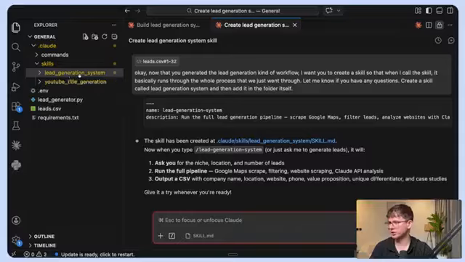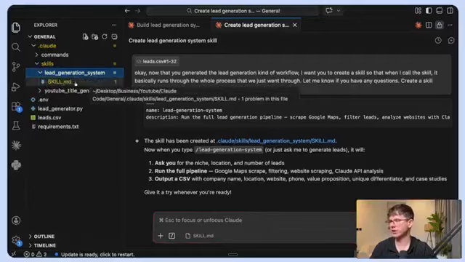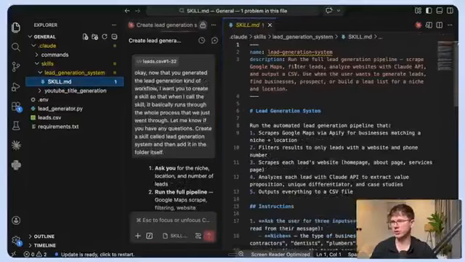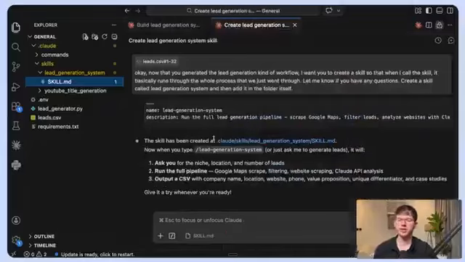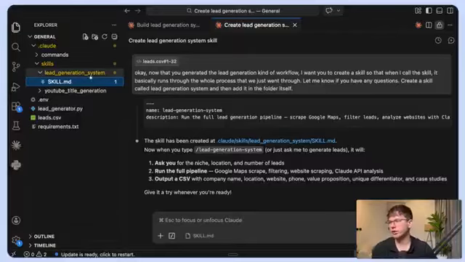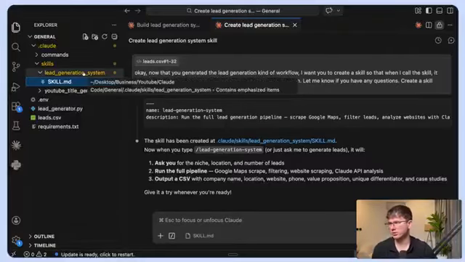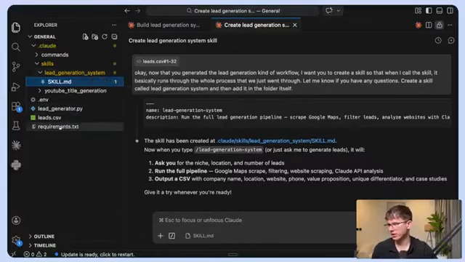I can go here to lead generation system, and I can see that I have a document called skill.md, and this contains a full instruction manual for that specific skill. So lead generation system, description, instructions, and we go on and on. The only thing is that it didn't make folders here called scripts and references, because this right here and this right here, they're both references, even this,